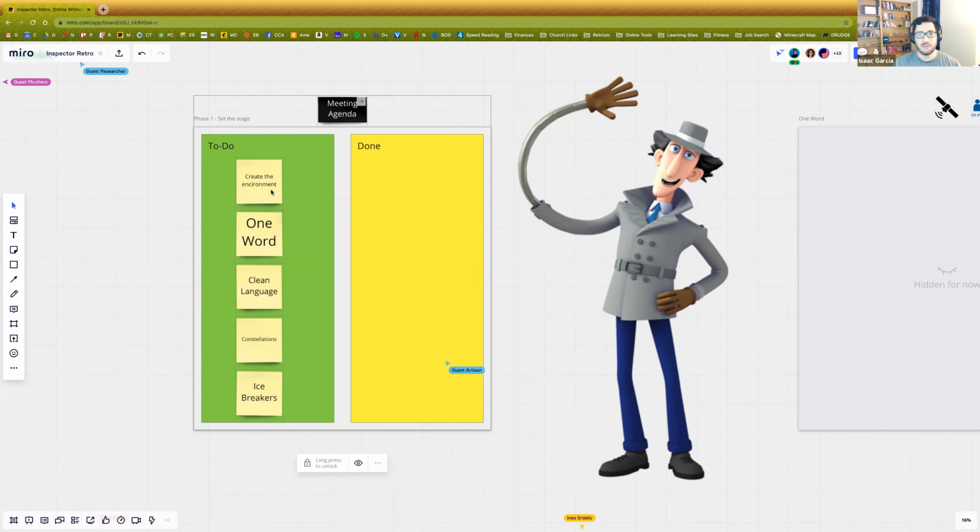Because we're people. We're all individuals. Your team is made up of people. It really matters how that person thinks and how they feel and where their emotional energy is. If you have a room of people who just spent the last 24 hours getting a deployment out the door and they haven't slept and they're coming into a retrospective, it doesn't matter how energetic you are. It doesn't matter if I bring pom-poms and I'm jumping up and down and I'm excited. They're not going to be because they're tired. So you create the environment at the beginning of a meeting on purpose, intentionally. And what kind of environment are you trying to create?